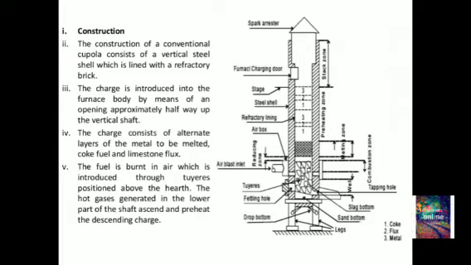We all know about this. The cupola furnace is one of the furnaces where we melt different types of metals, some are cast iron, gray cast iron, or maybe bronze. Today we discuss the working principle of the cupola furnace, as well as the construction, advantages, disadvantages, and applications of the cupola furnace.